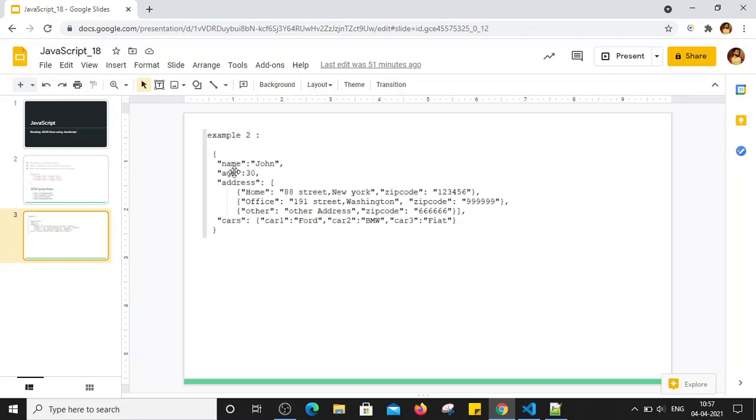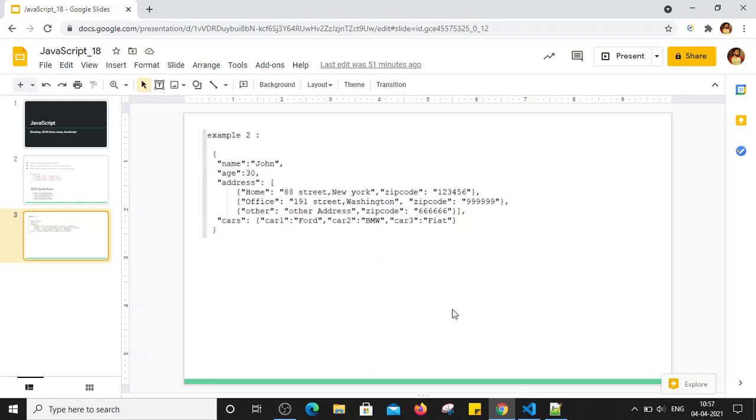Similarly, it can contain an object as well. For example, this object contains another object, that is the cars object, and the cars object contains the following data, that is key value pairs again. The cars object has car 1, that is Ford, and car 2, that is BMW. Similarly, this is another format. So this is how the JSON data format is represented. Now we will see practically how we can convert the JSON data format into a JavaScript object, and from that JavaScript object, how we can access a specific value or specific data from the JSON format, right?